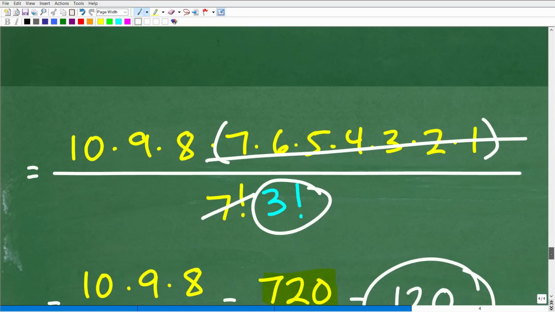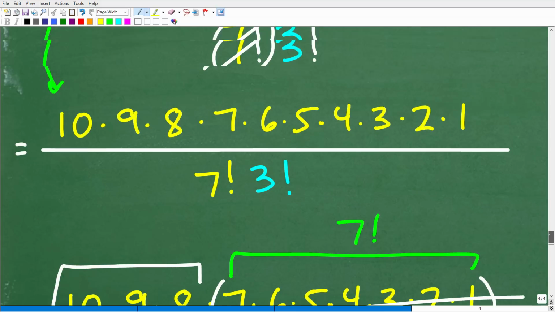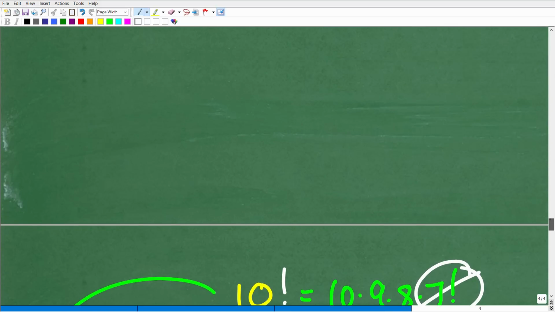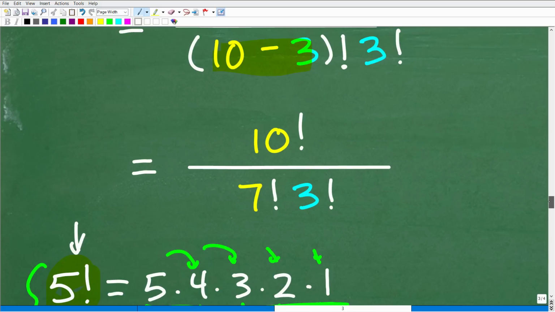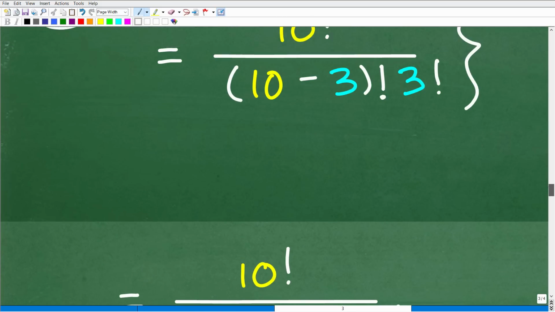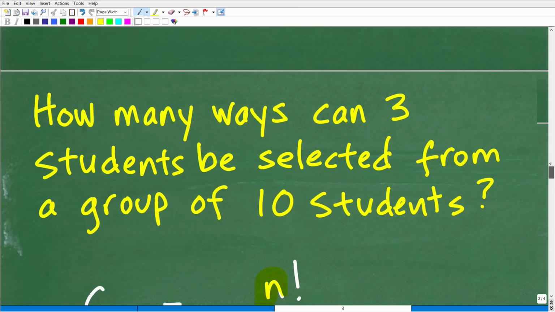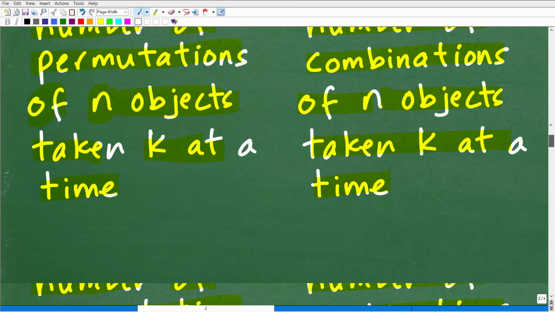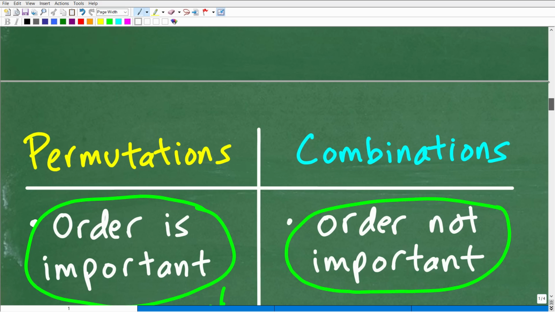So how many different combinations of 3 students can be selected from a group of 10 students? It's 120 different ways. So this is an illustration of a counting problem,